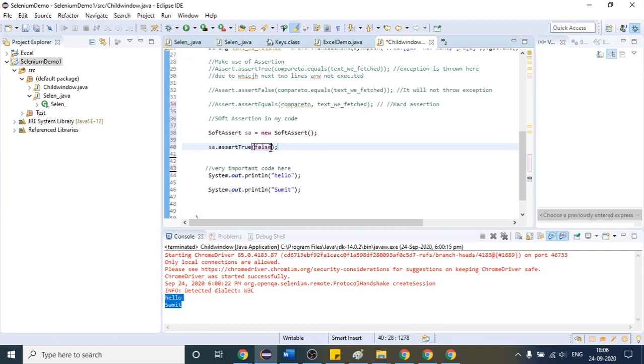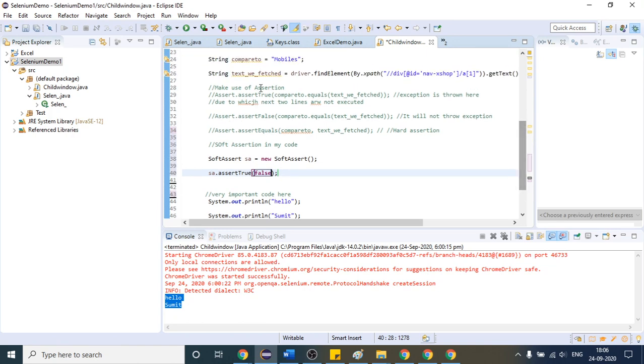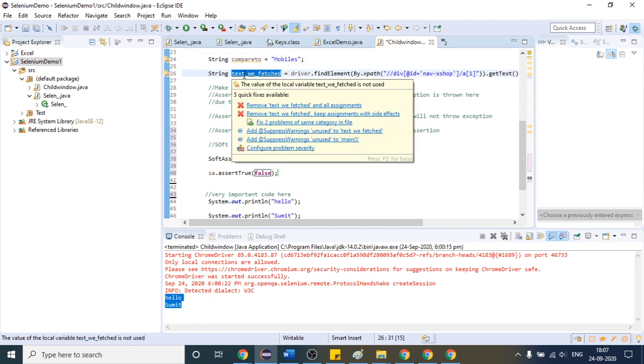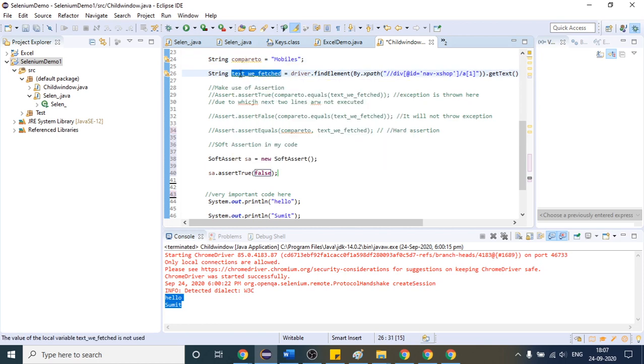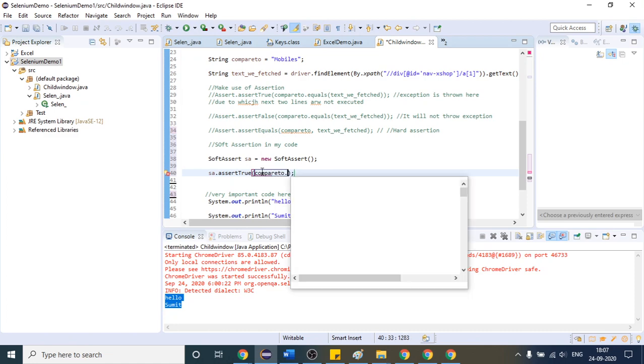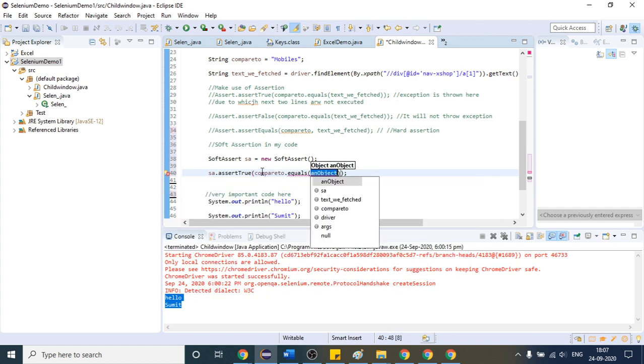So let us first check how it is working. Again, we have to compare this text with this one, right? Let me write some random data here. If I write compare to, here to dot equals, again I am using this method, and I am saying that it should be equal to mob.